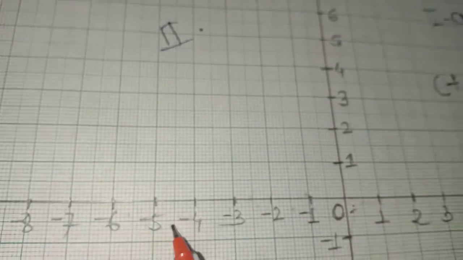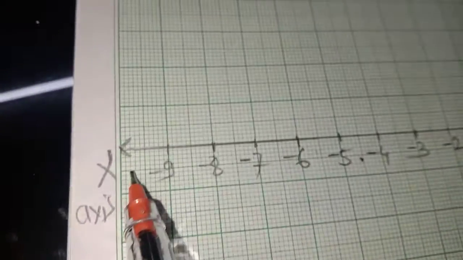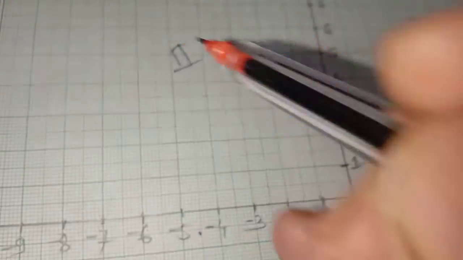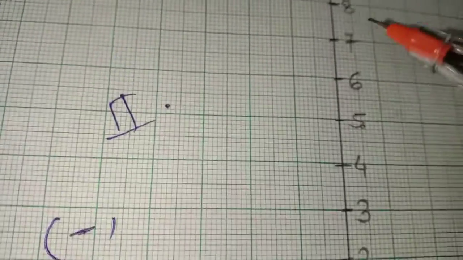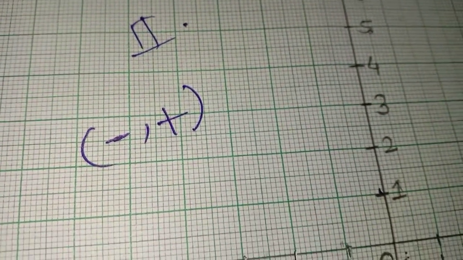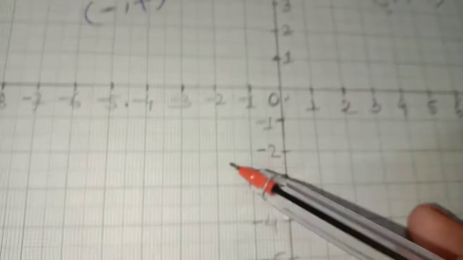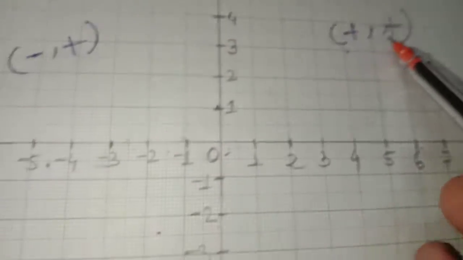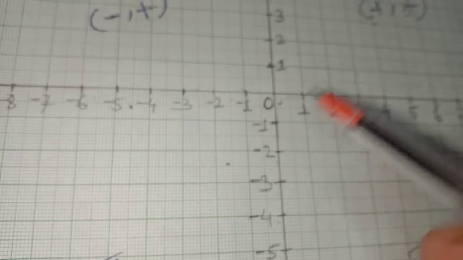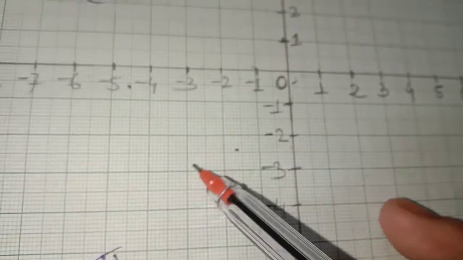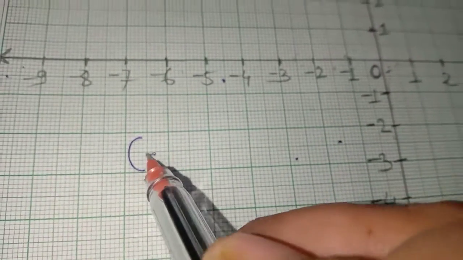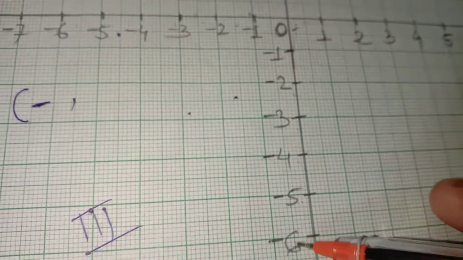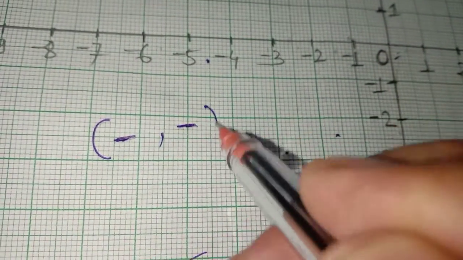Now for the second quadrant, you can clearly see that this is the mirror image of the x-axis. So it is negative, as I told you what mirror image means. And if I move to the vertical position, the y-axis is positive. So for the third, you can see the cross here. First and third have their mirror images. But let's go for the concept. Here the x dash axis is negative, and y dash is also negative. So both are negative.